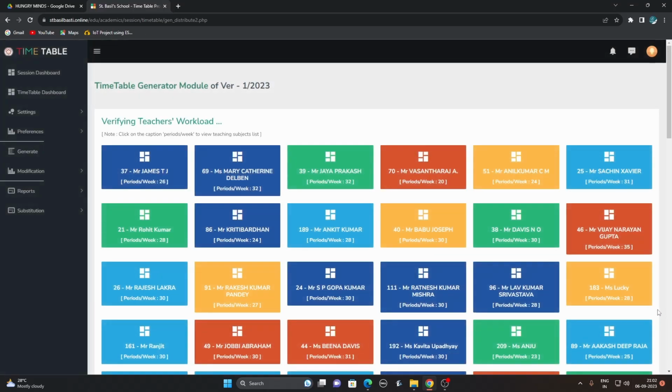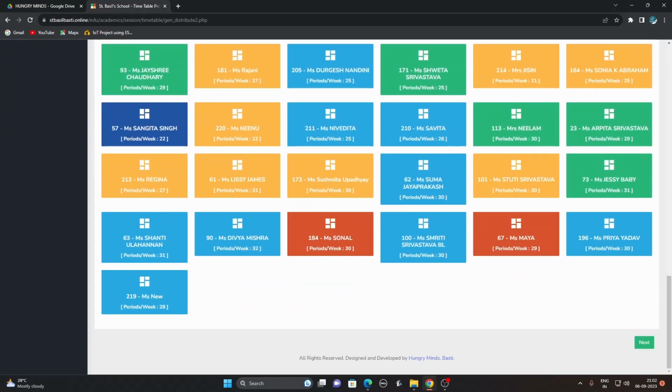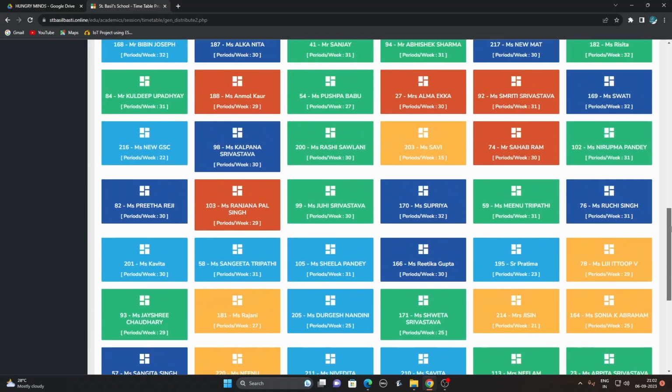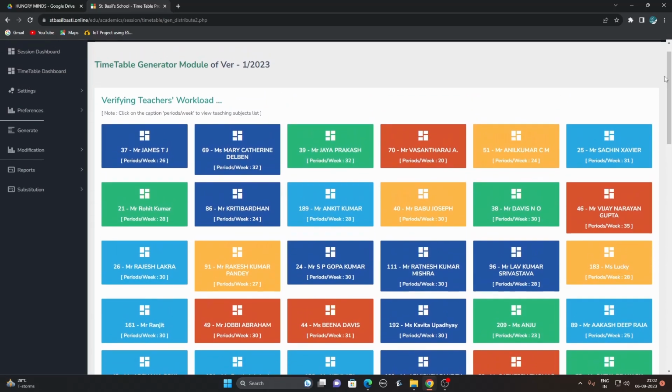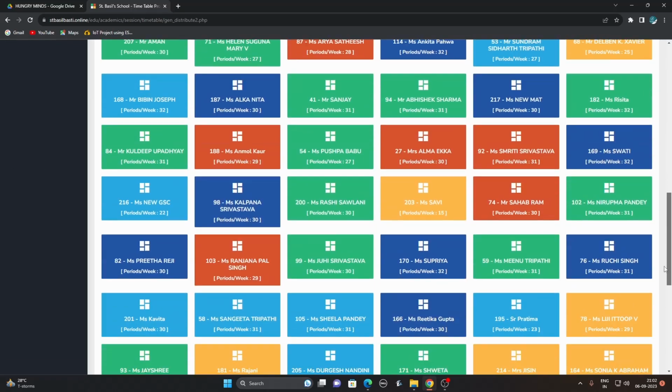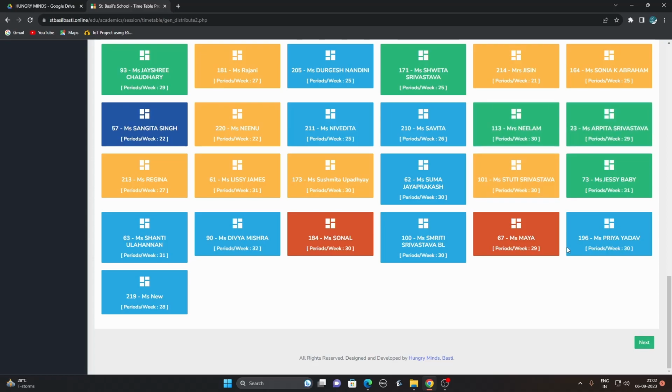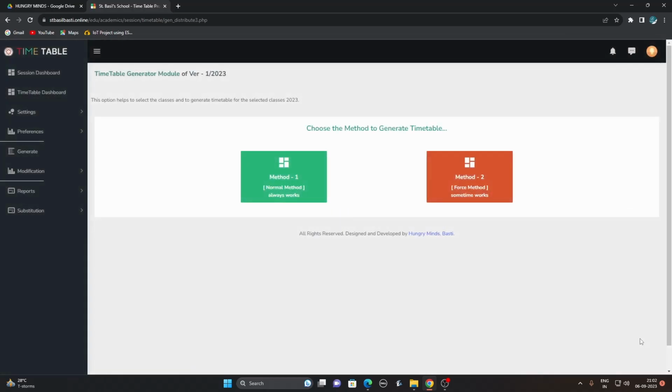step. This next step tells about teacher workload, and if any teacher's workload is more than the normal periods, then this box will automatically show failure. It will show white color with the error message. Now all are set correctly, so we can move on to the next, and we can generate the timetable in two